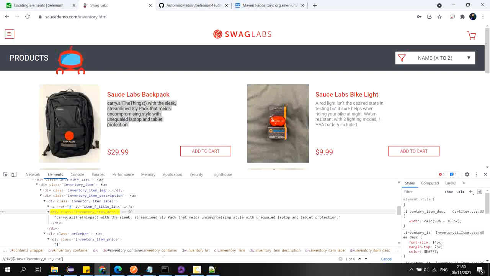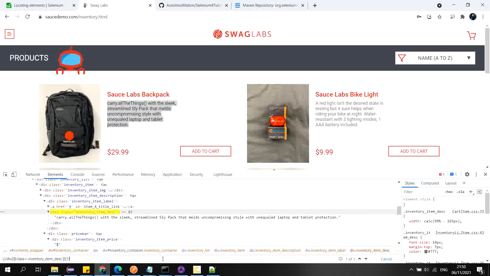Earlier, what we could do is use the index, and using the index we can get the element. Using this we can identify this element.